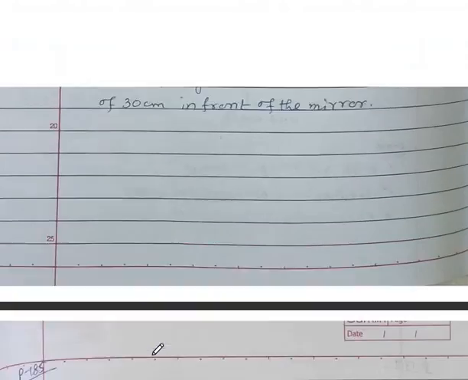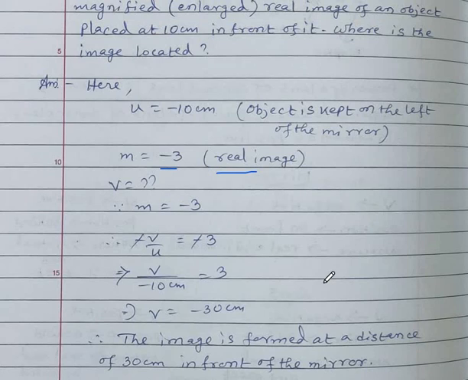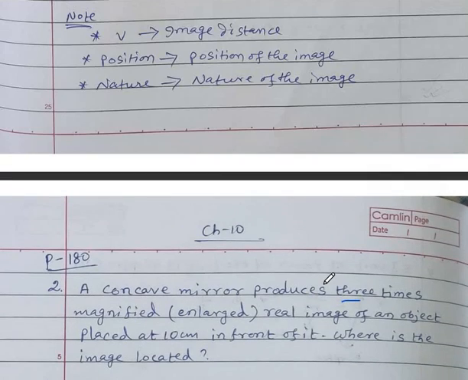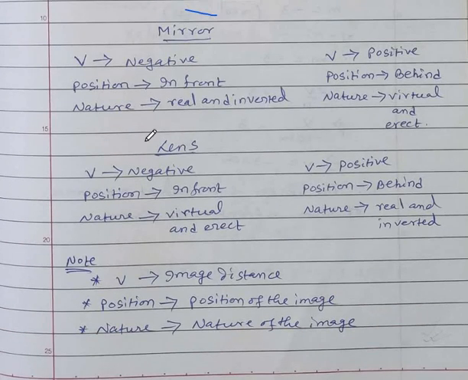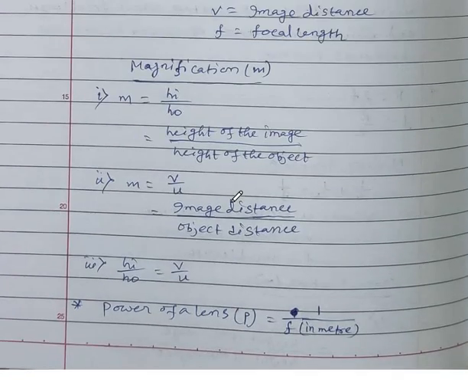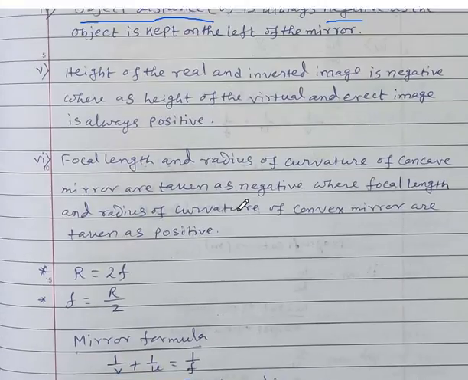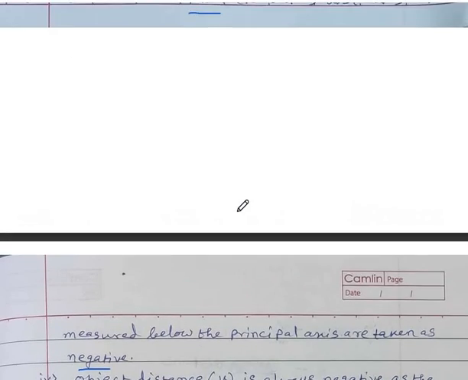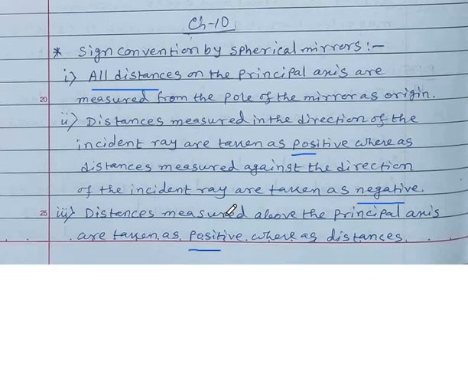With this first numerical which I have taught you right now, and all the general points which I told you, please go through properly to learn this chapter, to learn the numerical problems systematically. This is very much crucial for you. You must know this very, very well. And all the formulas already given to you, these are the formulas for solving numerical problems. So go through properly, and this sign convention, it is very much important to know about the sign whenever you are handling the numerical problems.